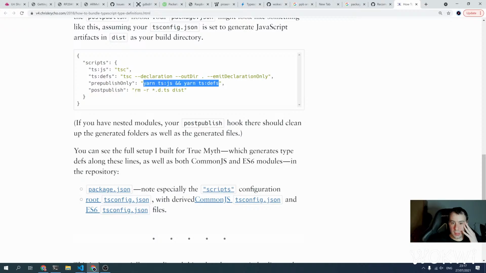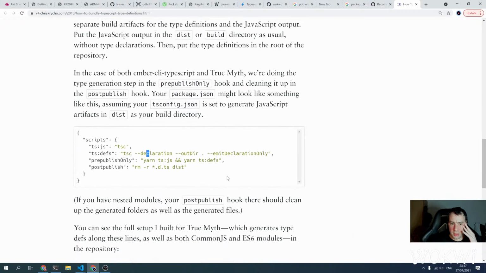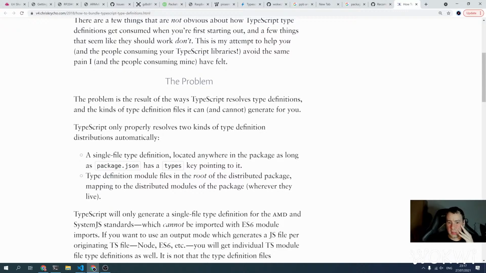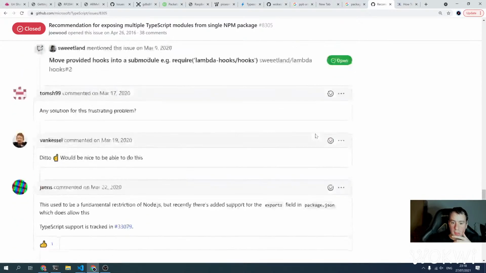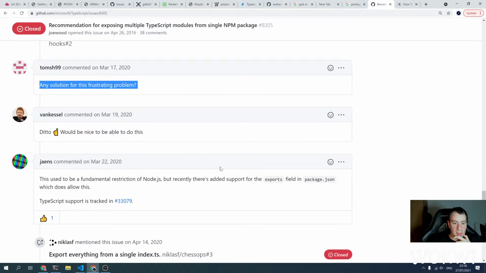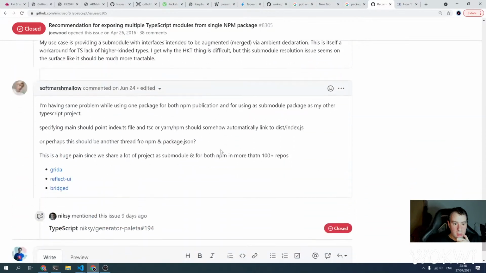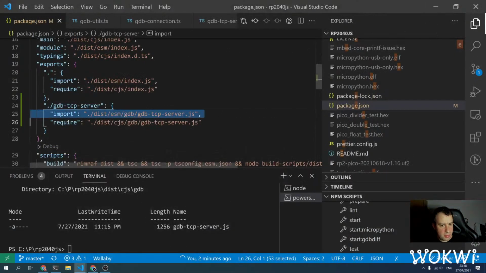So it's like creating a, yeah, but I'm not sure it applies here. Yeah, so I'm not sure that this will actually work with TypeScript, that TypeScript will allow you to import from this, but